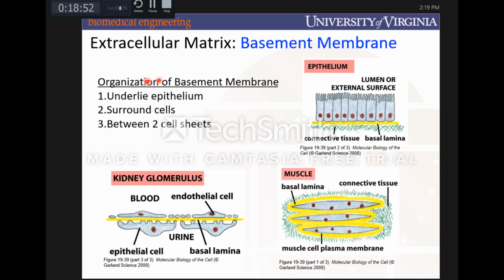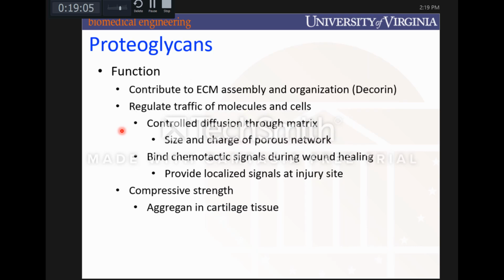So how does basement membrane look? It underlies the epithelium, it surrounds cells, or it can be found between sheets of cells. Yeah? Hi, sorry. You're good. I'm slightly lost. Can you go back to the last slide? Yeah. And maybe one slide before. So can you just reiterate how it regulates the traffic of molecules in the cell, and then the whole osmolar gradient? Yeah. So for trafficking, you can imagine